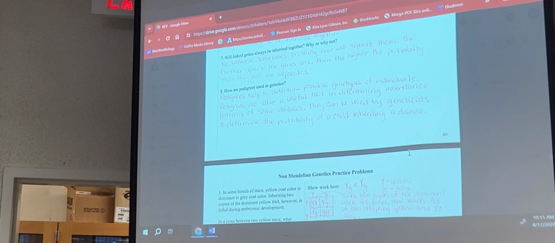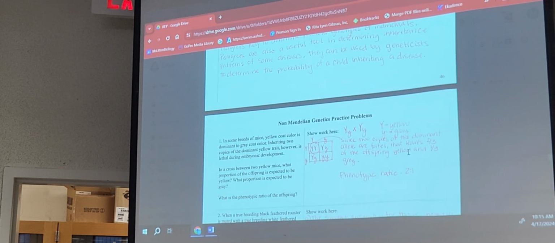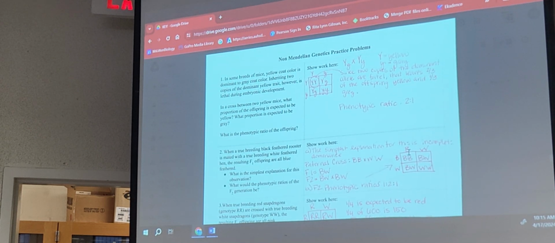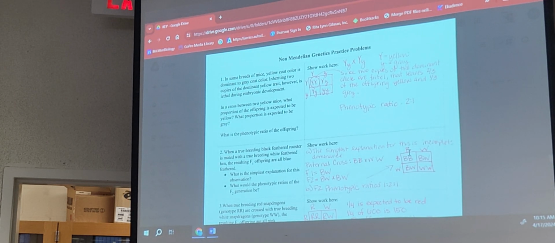And yellow coat is dominant to gray coat color. Inheriting 2 copies of the dominant yellow trait, however, is lethal. This is where we're saying, you don't see,